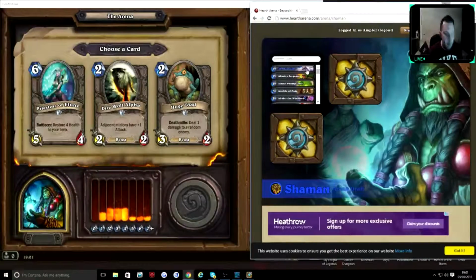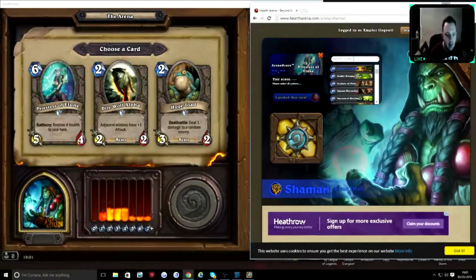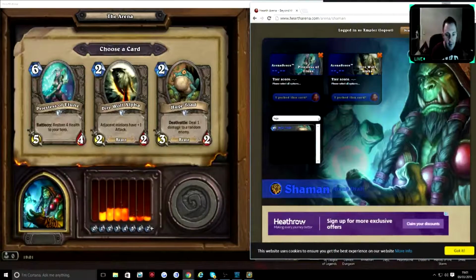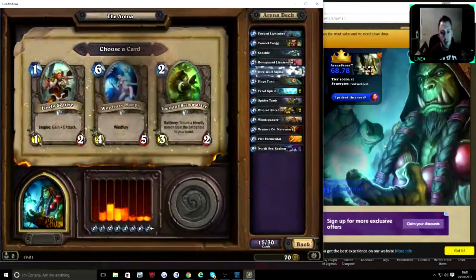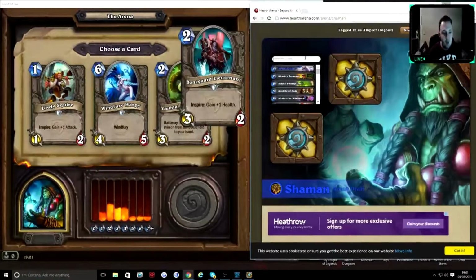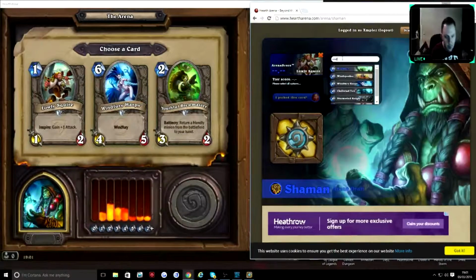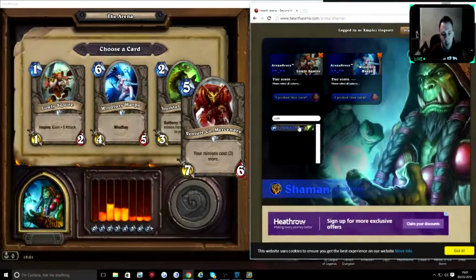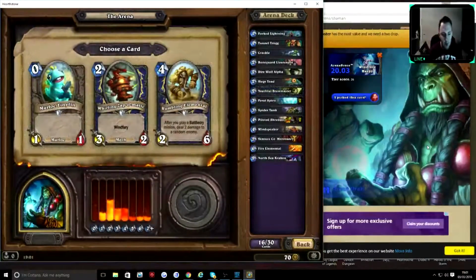I have managed to start becoming a better player by playing a lot of the more higher end decks, I guess you could say. But obviously with the release of Standard coming out very, very soon, it's going to be a lot different, or easier, so to speak, to build decks, because you don't have so many cards to pick through like we do at the moment, where we have everything available to us. We have Goblins and Gnomes, we have Naxxramas, we literally have all of the